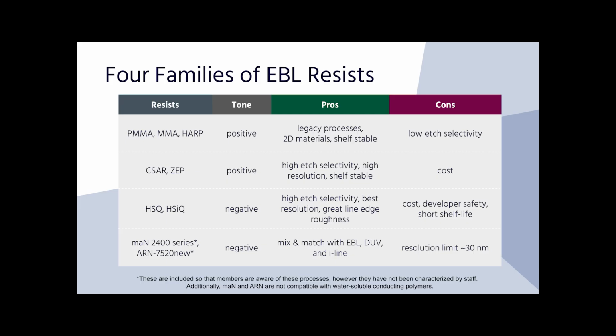It has extremely good line edge roughness, making it ideal for optical applications. And because it essentially becomes silicon dioxide upon exposure to the E-beam, it has very good etch selectivity to chlorine etches. I will mention one more family of resists, the MAN and ARN family of resists. These are negative resists, which are sensitive to both UV light and electrons, which can allow for some clever hybrid processes. At the time of recording, I have not worked with these resists personally, but wanted to include them in